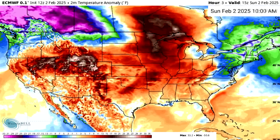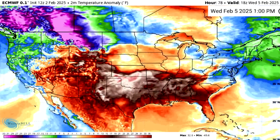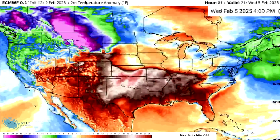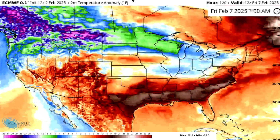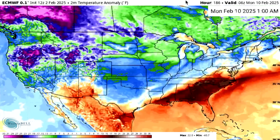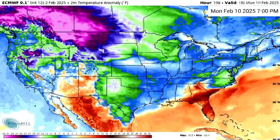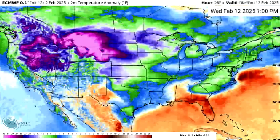Temperatures, let's talk about the cold. So we're warm here, like we mentioned, for days. We see the cold move in. So it's going to be flip-flopping still like we've been talking about. Tuesday's warm, Wednesday's cold for others. Thursday, we see another huge warm-up into parts of Friday. We get a bit of a cool down on Saturday with another pretty big warm-up here for Sunday the 9th. But this is when we start to look colder, right around the 9th, which is only 7 days away, into the 10th, 11th, 12th,